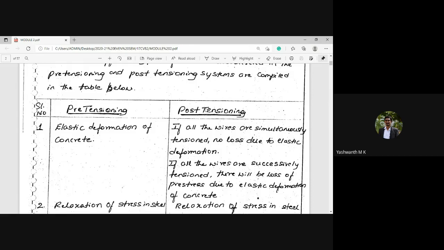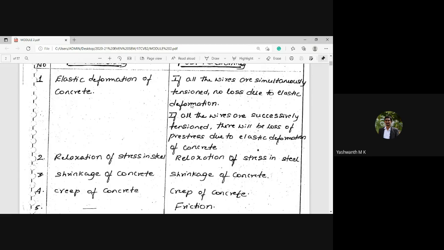So if all the wires are simultaneously tensioned, the elastic deformation loss will be zero in the post-tensioning system. Next, if the wires, three, four or any number, are successively tensioned, that is, tensioned one by one,